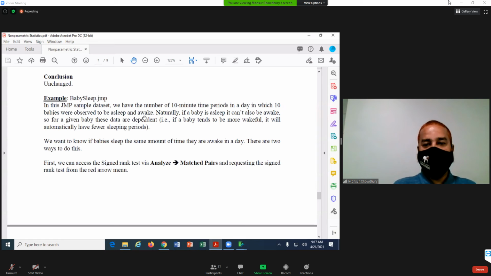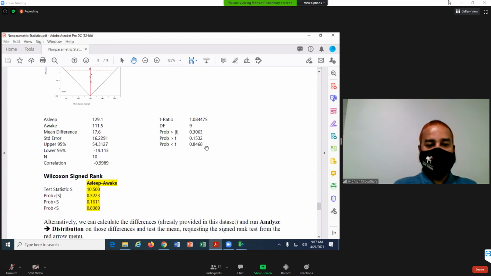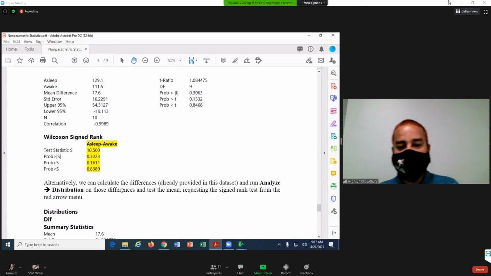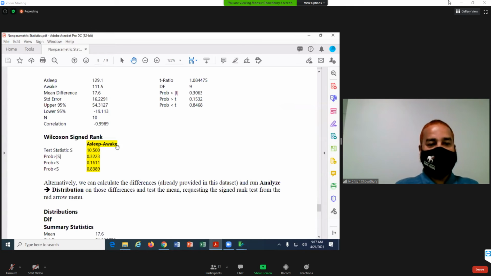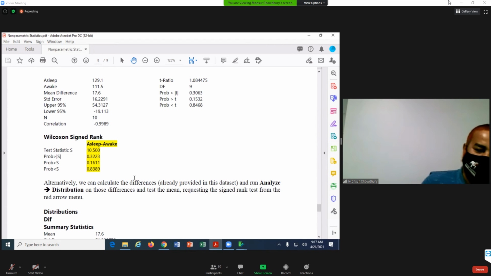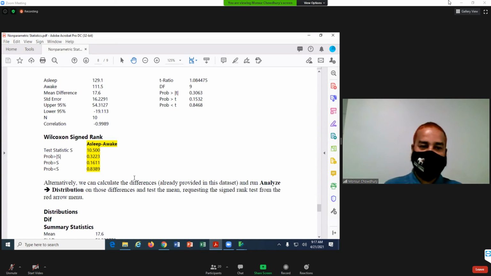We would like to know whether there is any difference here. So we get our test statistic, we get our p-values, and then we can comment that we have insufficient evidence that the median is different.